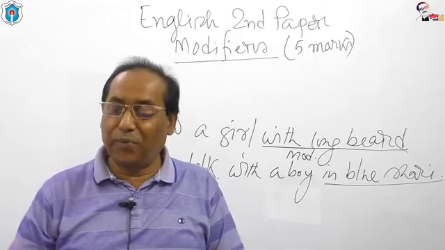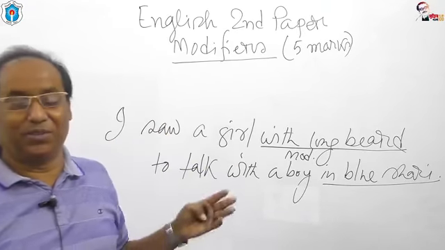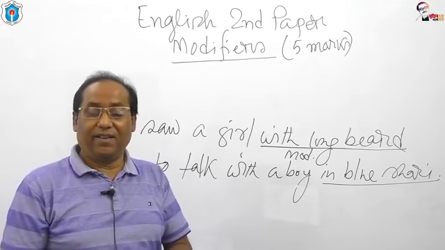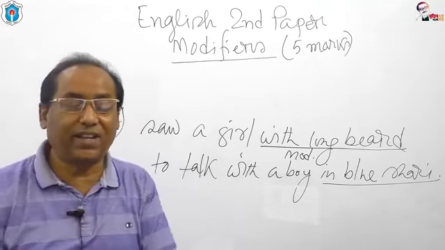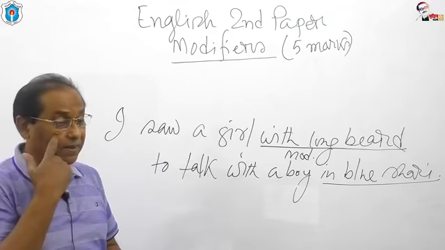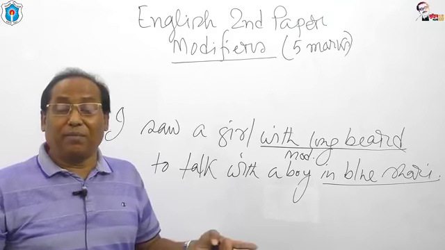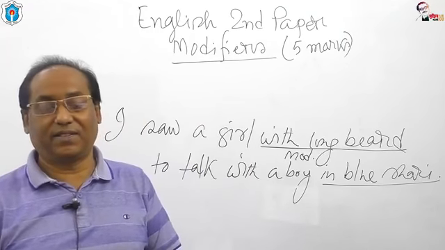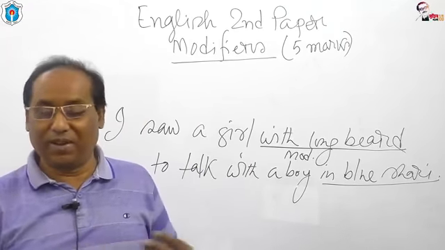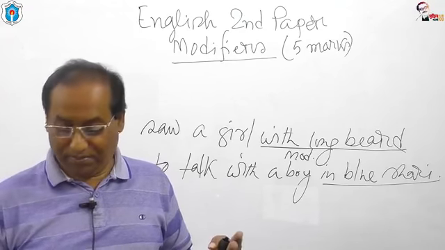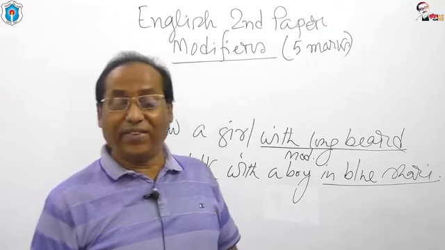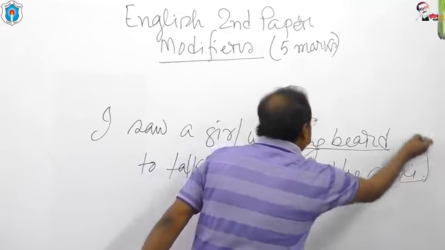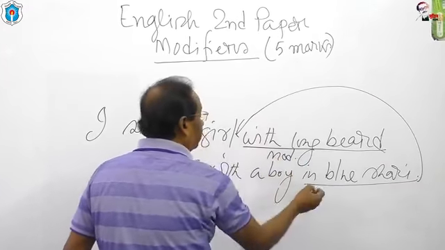অর্থাৎ নীল শাড়ি পরিহিত একটা ছেলের সাথে কথা বলছে লম্বা দাড়িওয়ালা একটা মেয়ে। নীল শাড়ি পরিহিত একটা ছেলের সাথে কথা বলছে. Now, what is the mistake? I have misplaced modifiers. উল্টা পাল্টা আমি ব্যবহার করে ফেলেছি, যা তোমরাও করো। এটা যাতে না হয়, that is our concern. Now, if we interchange, take this one, in blue sari,